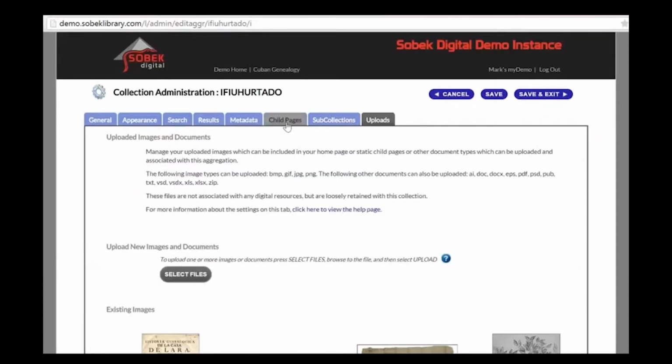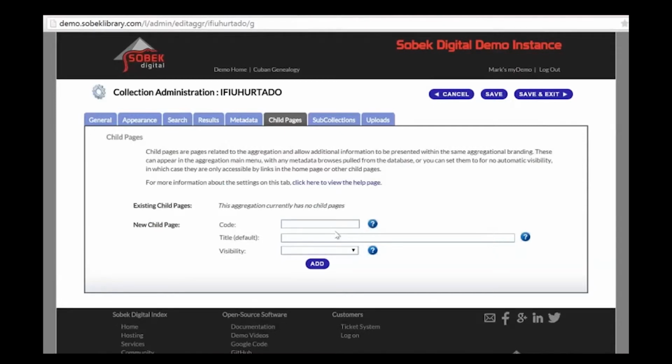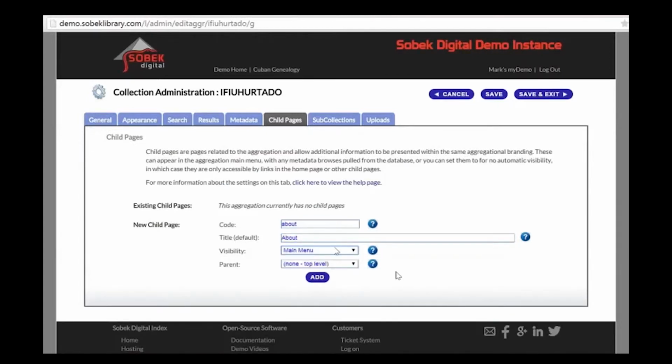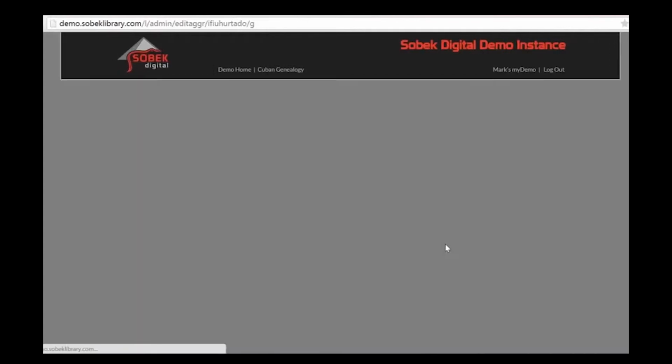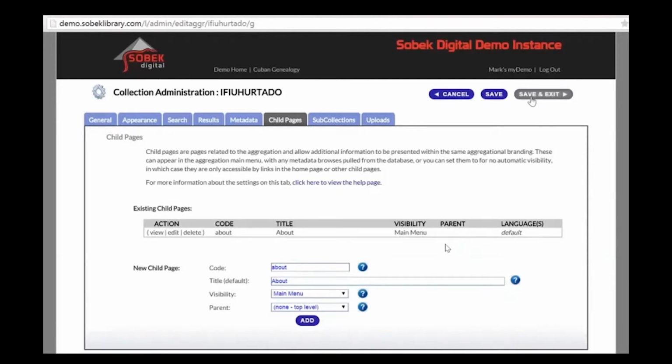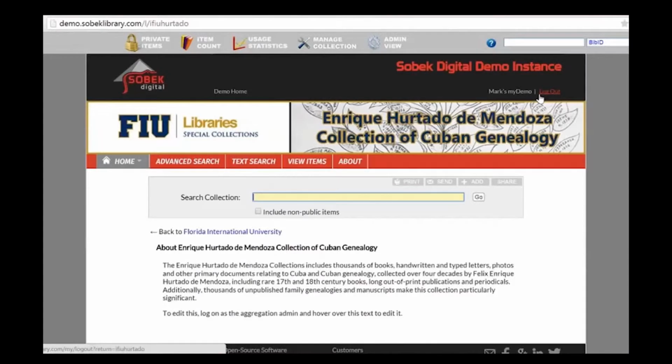Okay, so now let's go into our child page. And let's create our first child page. So our first child page will be called About, and we'll put this on our main menu. When you select main menu as a visibility, you have an option to choose a parent. There's currently no other main menu child page, so it's not an option at this point. So we'll hit Add, let's hit Save and Exit, and we can already see that we have this About right